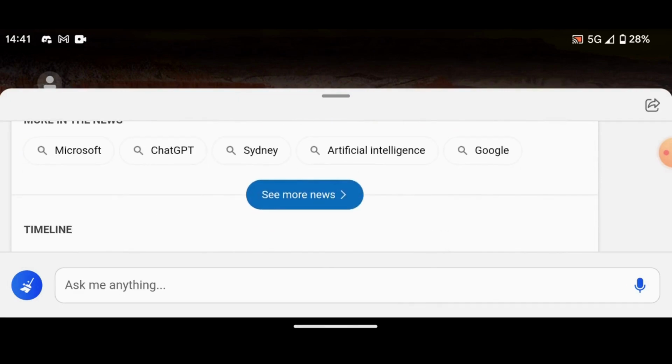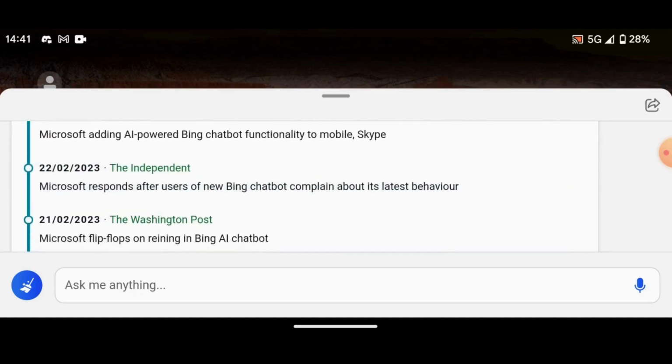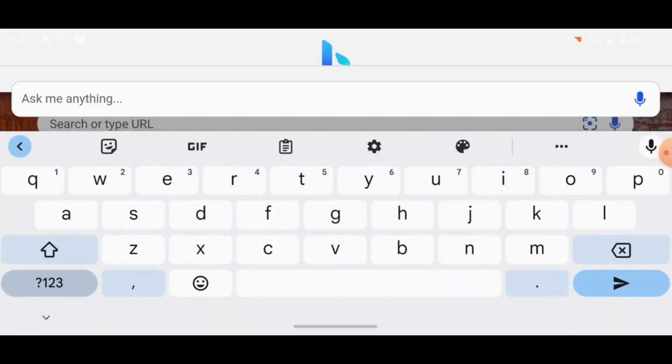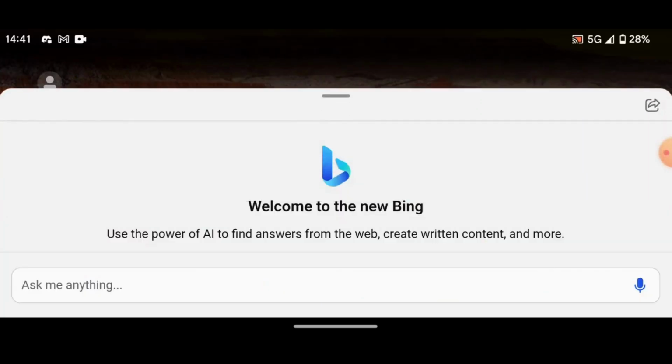So this is good in many ways for people who do want to get an answer but may want to dive a little bit deeper into it. I mean, this little timeline is really useful. That all of course comes through the Bing search. Underneath it here, it does give me a few things that I can ask it, some suggestions maybe, or I can click this little brush here, and that gets rid of everything and starts me right back at the beginning